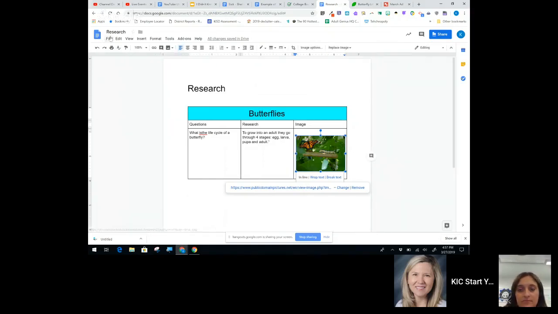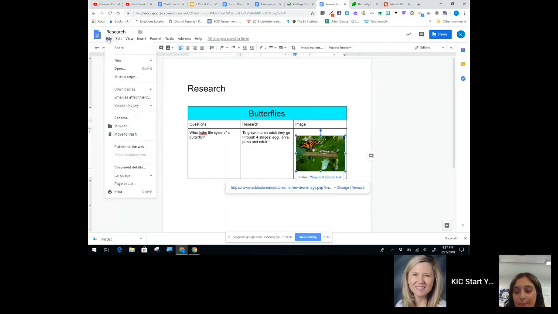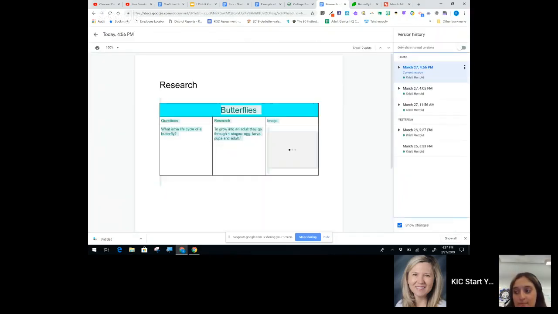Let's talk about the history of a Google Doc. Because a Google Doc saves as you go, sometimes you might need to go back and view something you did before, or the history of your doc. You can do that under the File menu by going to Version History. And if you click See Version History, over on the right, you're going to be able to see when this